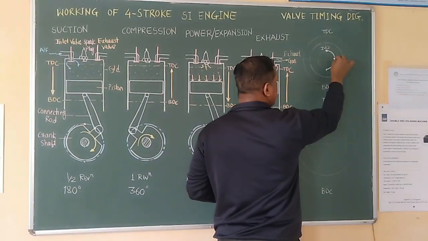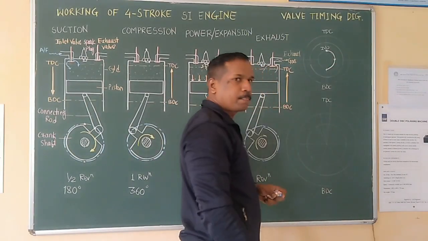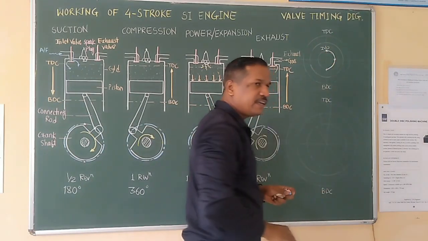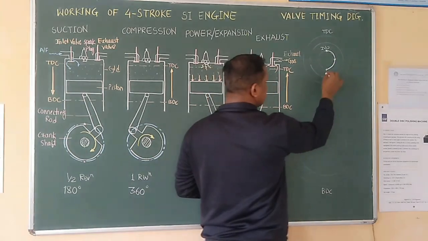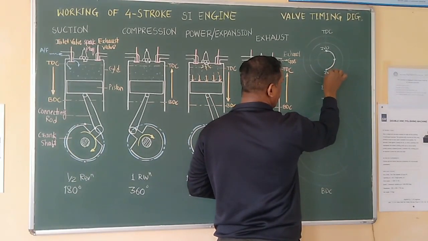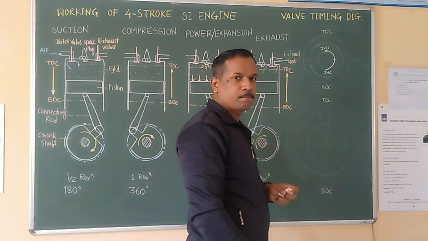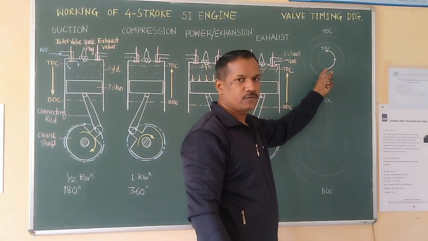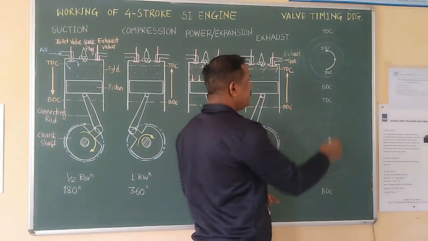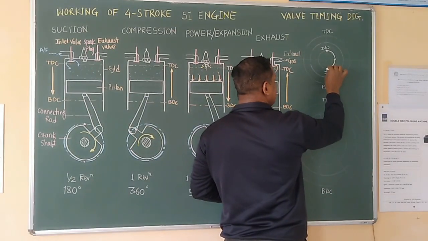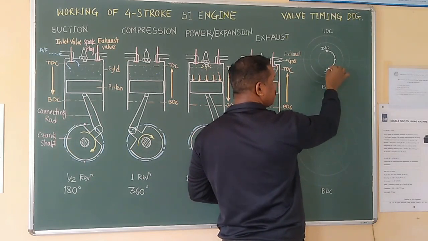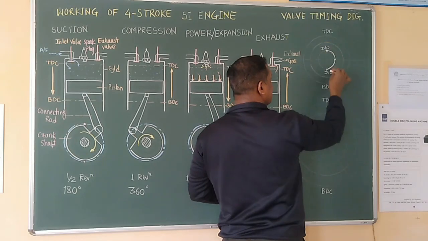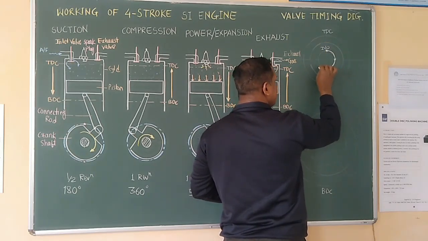So this is the complete suction stroke. When the piston moves to BDC, the inlet valve gets closed. So this is inlet valve closed. So this is 180 degree, half revolution, suction stroke. Then the next 180 degree, but this time we have to shift our arc from the inner circle to the outer circle. So next 180 degree,